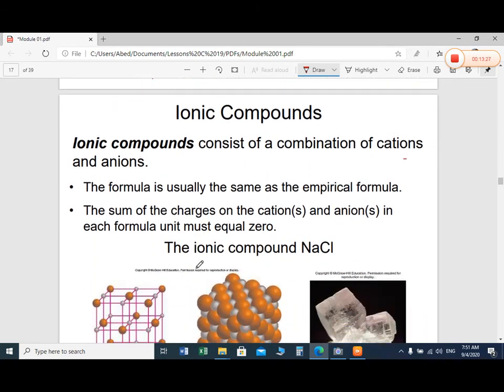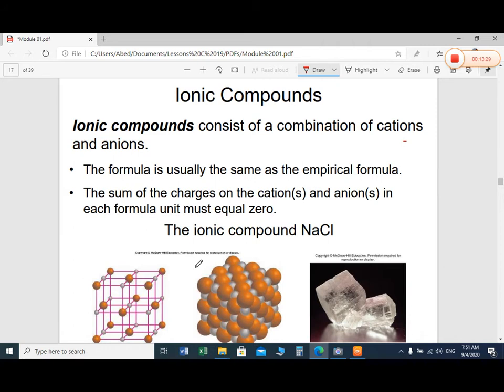Now we come to the compounds. We will learn more detail about compounds, but for the time being we learn only about the ionic compound. So what is an ionic compound? An ionic compound is the combination of cation and anion. This is the cation here and the anion. The cation has a positive charge, and usually the cations are metals. I will show you in the periodic table the position of the cation, so from there you have to see where the metals are.